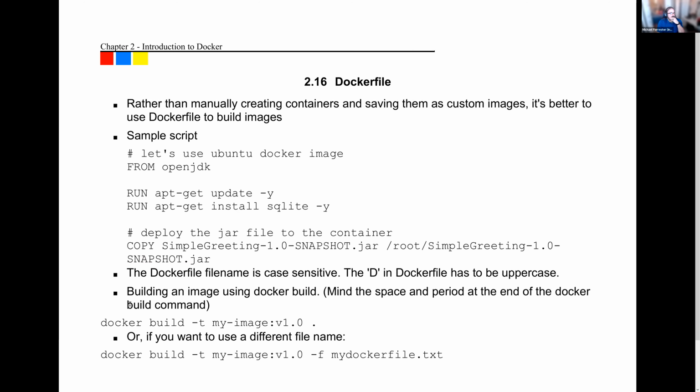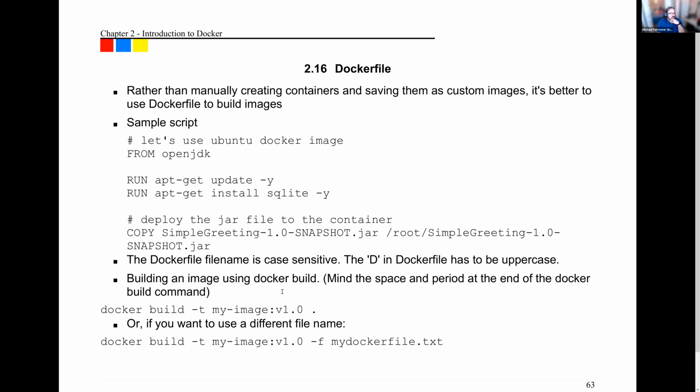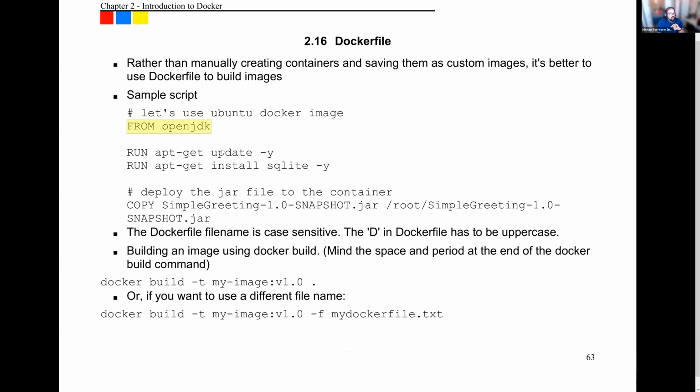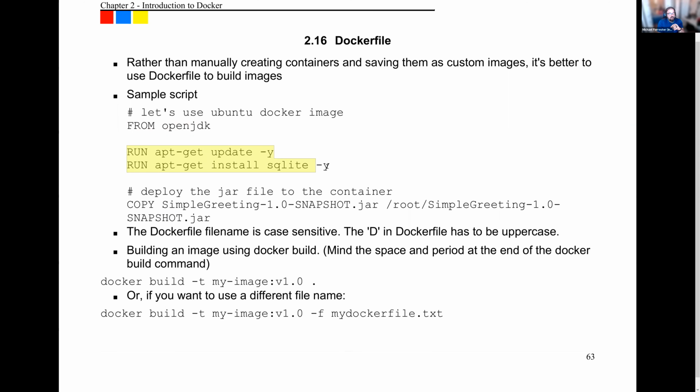Now, in your Dockerfile here, because we touched on Dockerfiles just briefly, here's another version where we're running from OpenJDK, in this case latest. It looks like a Debian-based system using apt-get. Debian-based is probably Ubuntu, because it's not using dpkg. And then we are running an update, installing SQLite, and we are using -y because we're just skipping past the confirmation. And then we are copying this jar file into the root directory,